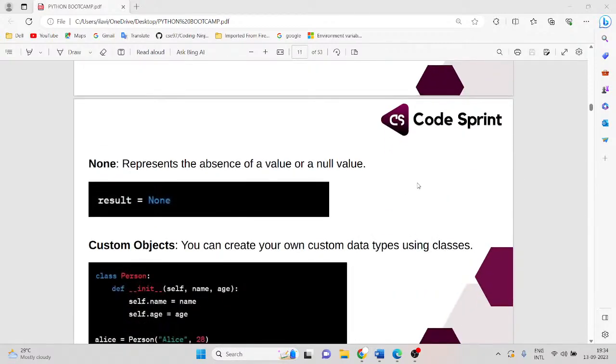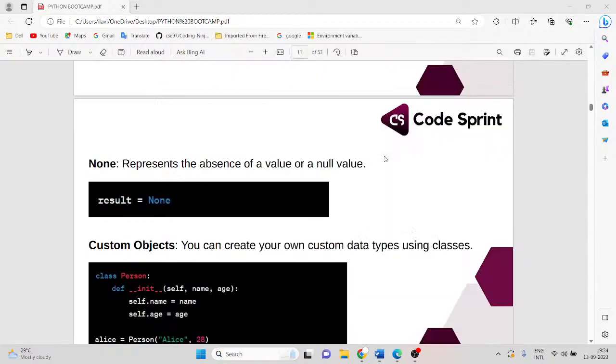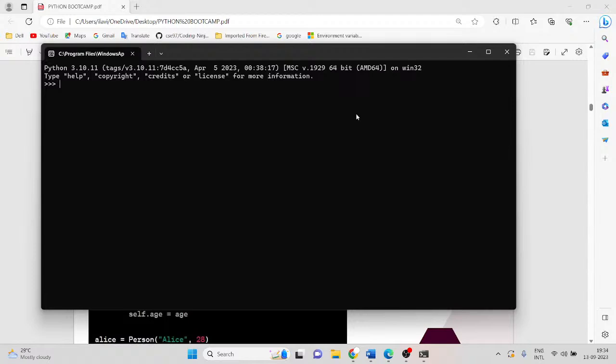And coming to none, you'll be writing a is equal to none. It's not required that you write the same variable name. The variable name and the values are as per our wish. So don't worry about that. Next,